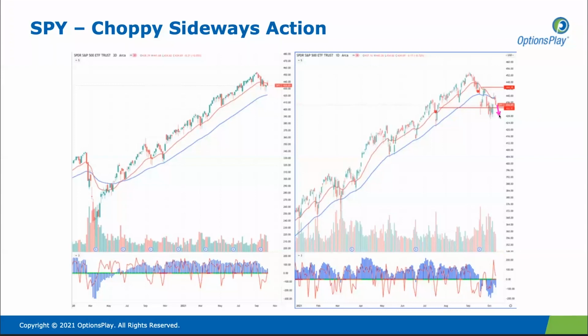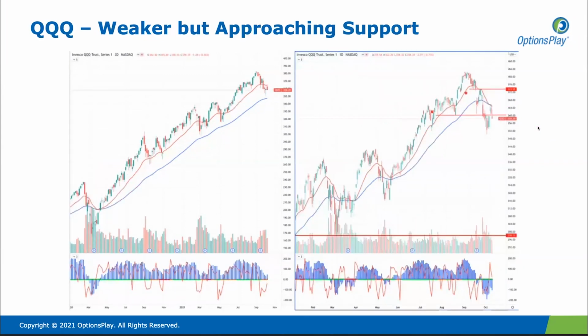And I think for now, our primary view here for equities is more of a sideways action. We don't have that acceleration to the downside. We've had this support level at 428 hold multiple times. So even if we see some further downside, our expectation is that it would likely hold at that level and bounce higher. And we really want to see the S&P 500 break back above 440, break out above the recent highs, in order for this to continue a bullish trend. But until that happens, we're in a very neutral tone.